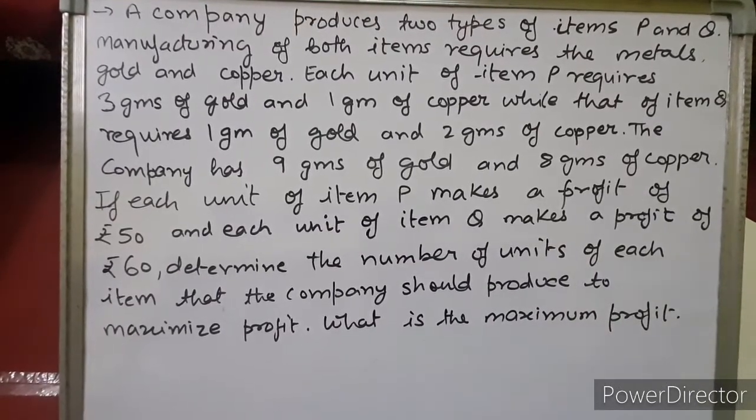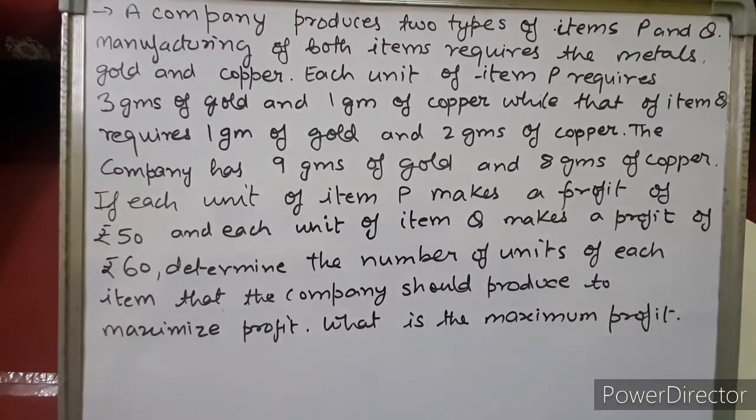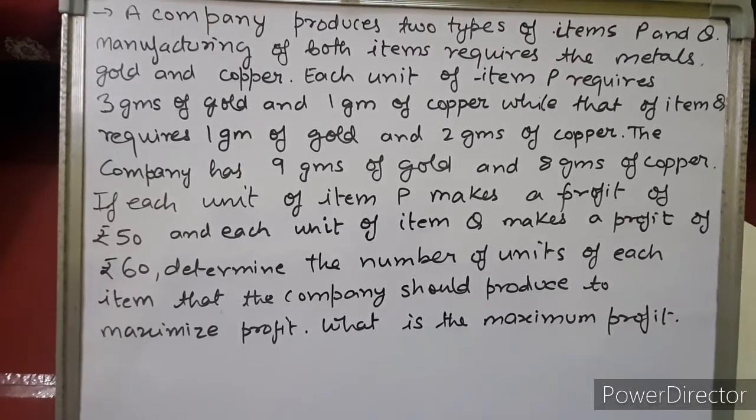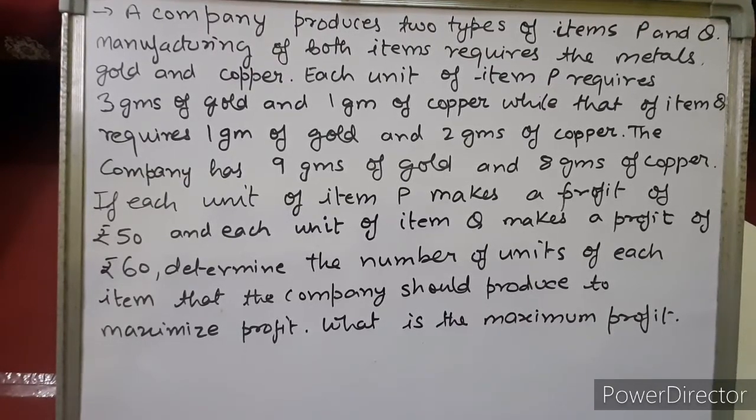Let's see this sum, children. In this sum, we will learn how to solve a linear programming problem by forming the objective function first. Then we will learn how to form constraints, and how to solve those constraints to find the maximum or minimum cost, and ultimately find the solution and write the conclusion of when the cost or the production will be maximum, or the profit will be maximum or minimum.